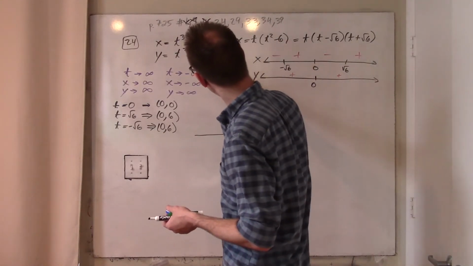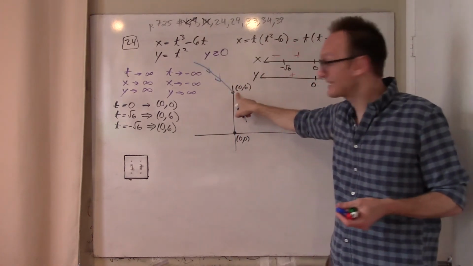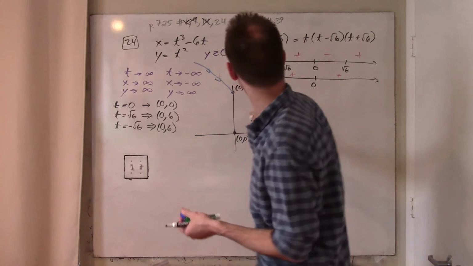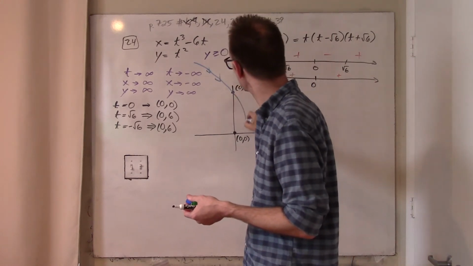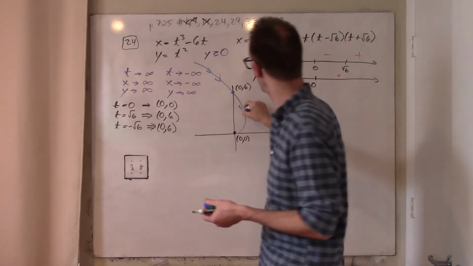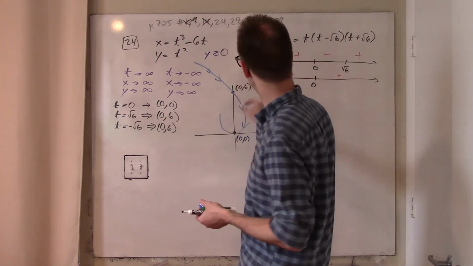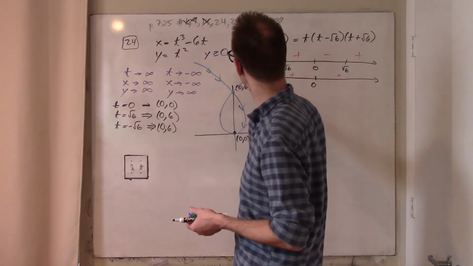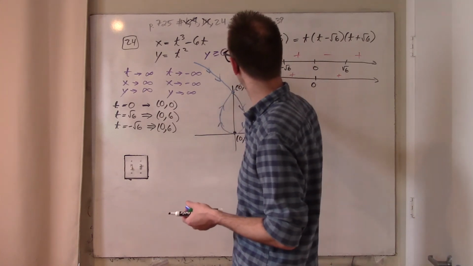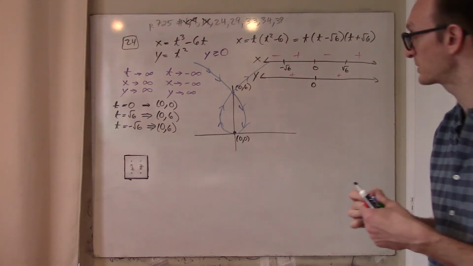I'm going to cross through this point, 0, 6, at time negative root 6. Then my x coordinate is going to briefly be positive again until I get to time 0, at which point my x coordinate is going to be negative until I get to root 6, and then my x coordinate is going to be positive. And so I'm expecting some kind of shape like this,